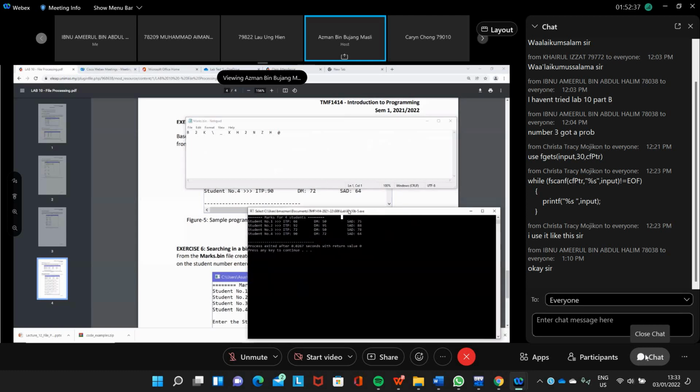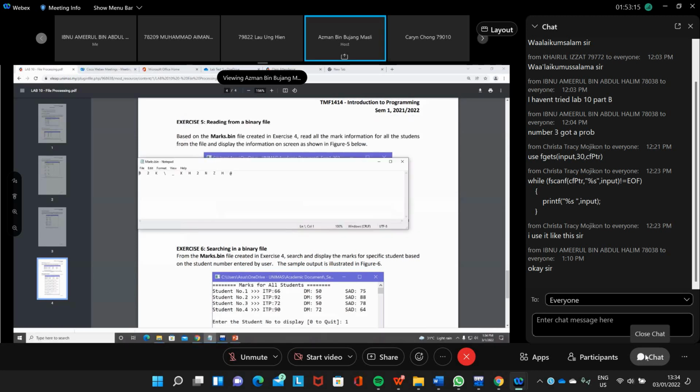Since we know there are 4 records in the file, we don't need to check for end of file. We just read all the records. Otherwise, if you don't know how many records there are, you use a while loop to read the data, and you can detect end of file to stop the while loop. But in this case, we can use a for loop because we know there are only 4 students' data in the file.